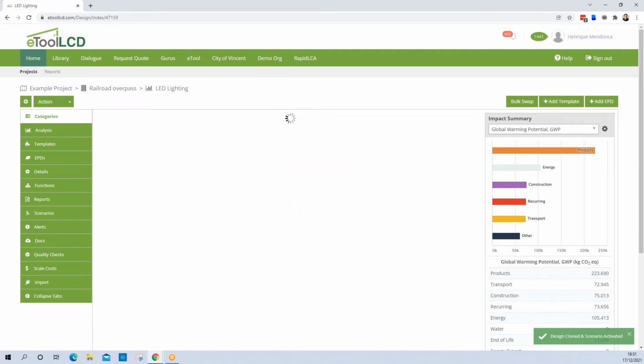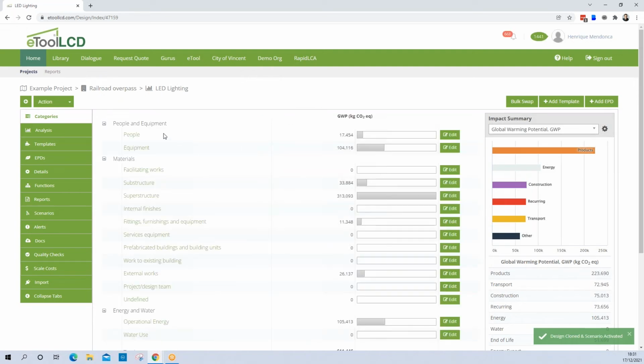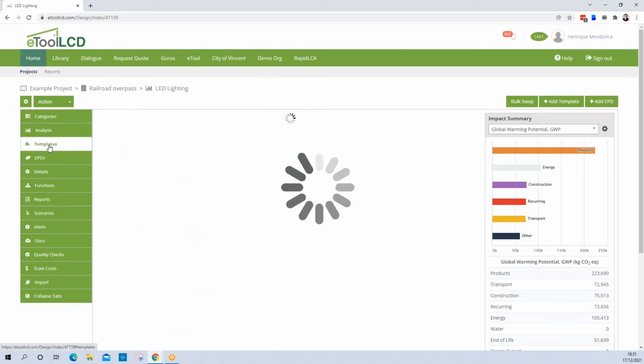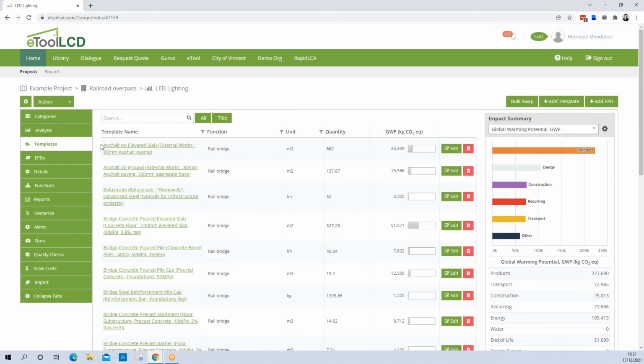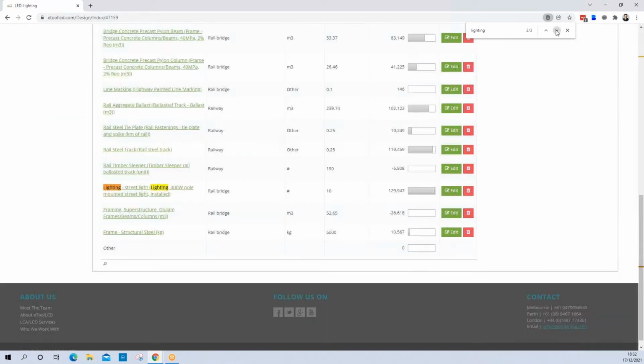So now I have a new scenario that I can make the light improvements. Before we go into reducing the energy demand, what I want to show you is the lighting template for this example project. So there's a street light, 10 sets of the lighting, the luminaire plus the pole, and we'll have